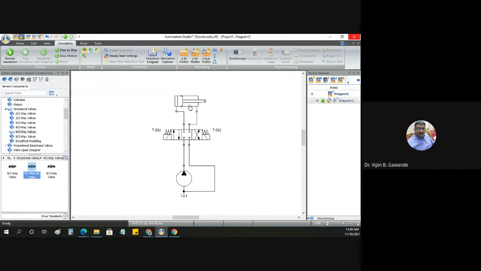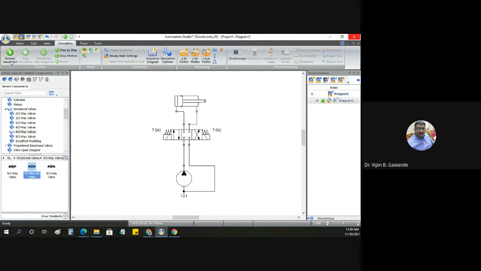So what we have done: we have taken a double acting cylinder, the 4 by 3 directional control valve, the reservoir and the pump. The fluid will go in this direction, and whatever fluid is here will come back to the reservoir.